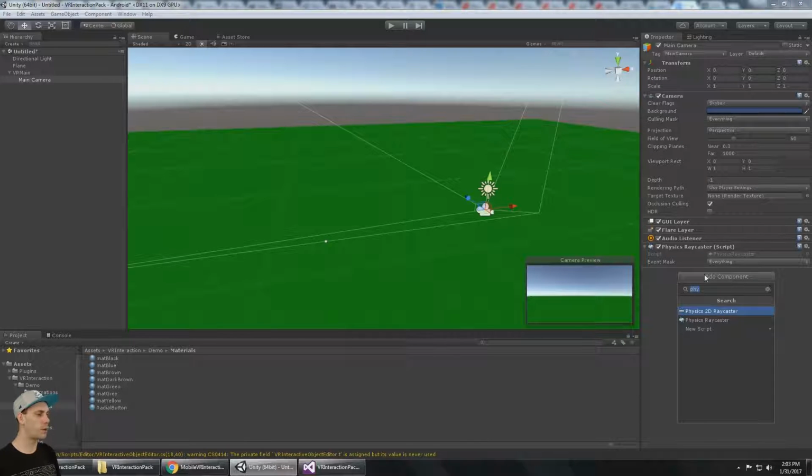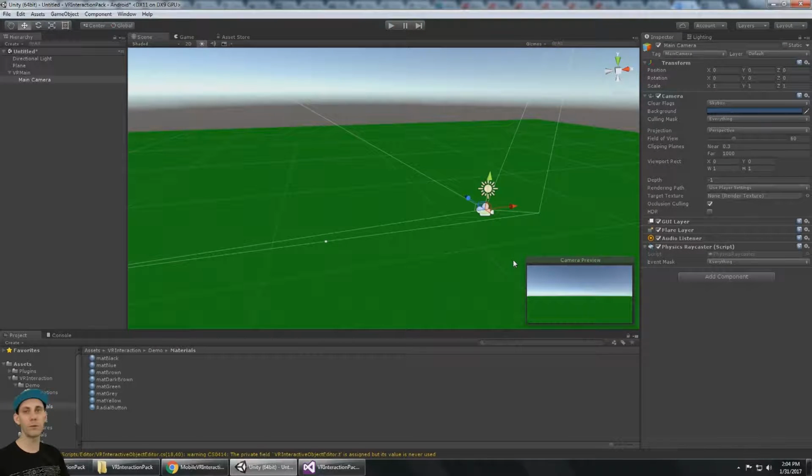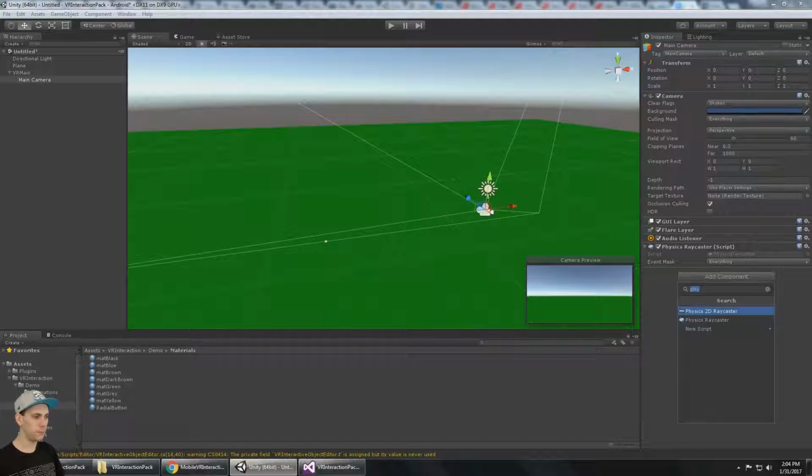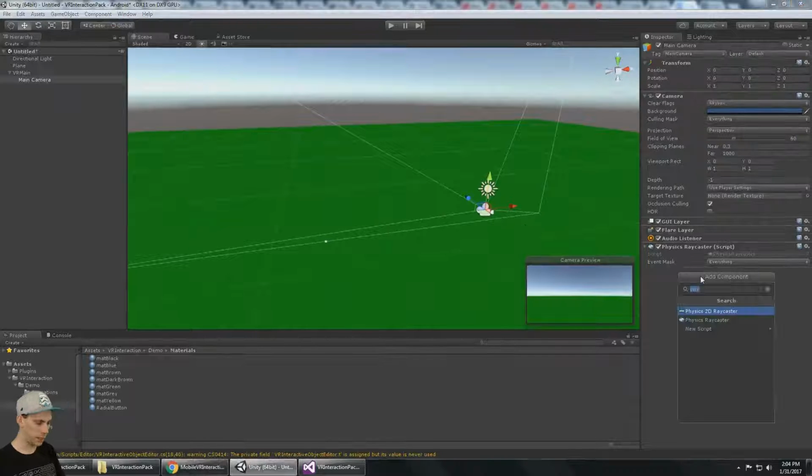And the other object that we want here, if we want to move the camera in the editor, because right now there's no way to move the camera. I can't look around. If I build for VR, I can look around because I can turn my head. But in Unity, there's no way to move around if you don't have something like the Google VR SDK. So you can add the script called demo VR mouse look, and